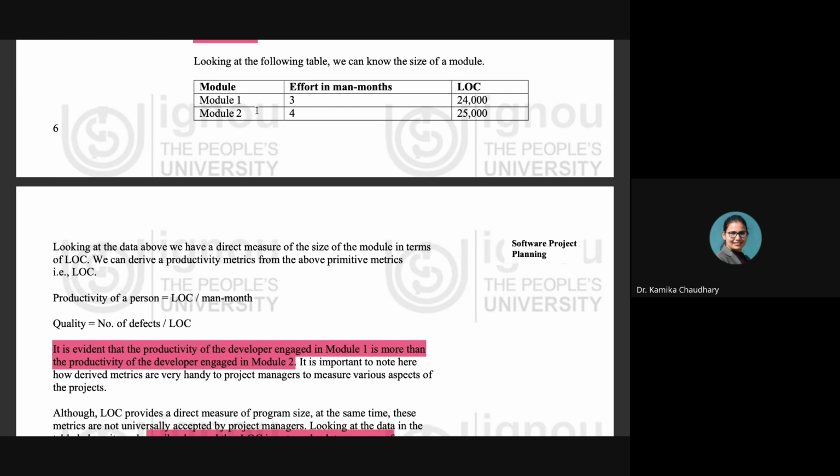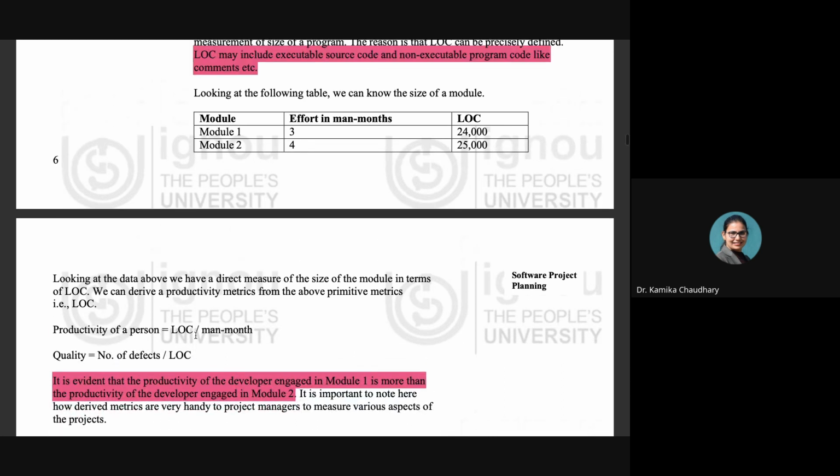Module 2 says that for the development of module 2 of the software, 4 man months are required and 25,000 lines of code have been written, right? So in order to calculate the productivity of any person, how are we going to calculate it? We divide the lines of code by man months. So if we divide 24,000 by 3, we get 8 as the answer, right? And if we divide 25,000 by 4, we get something like 6 point